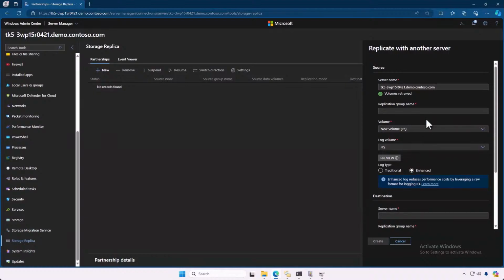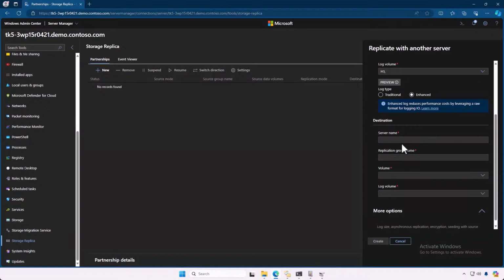It's 421 again. I'm just picking a different drive. So instead of using the E drive, which is where DFSR was, I'm just picking another, exactly the same hardware, G drive, another flash drive. And I'll add my other server